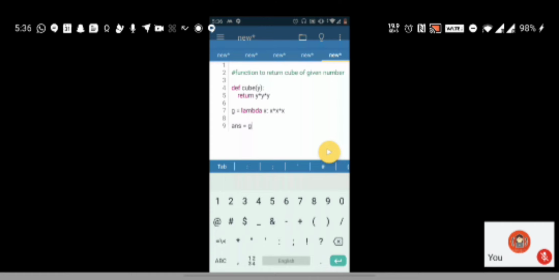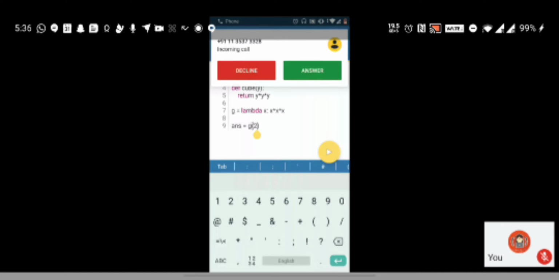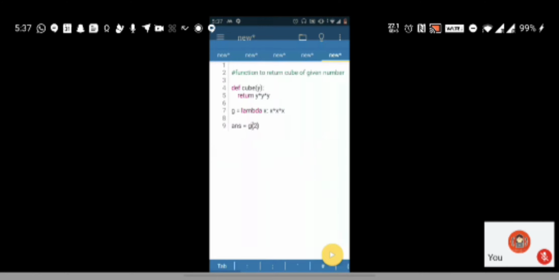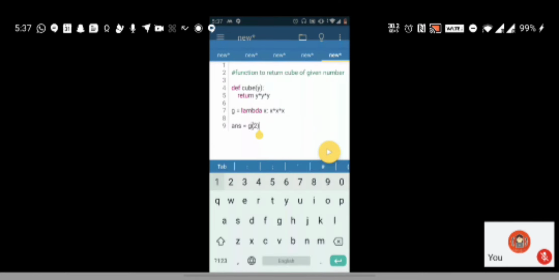So when I say g(2), g is the variable in which my lambda function is stored, and I have to pass x to this in order for the lambda function to be evaluated on some input, right?